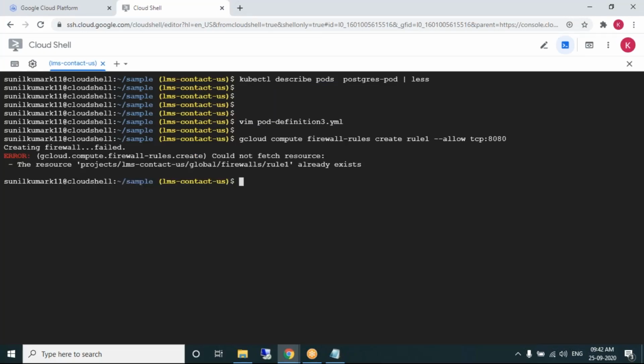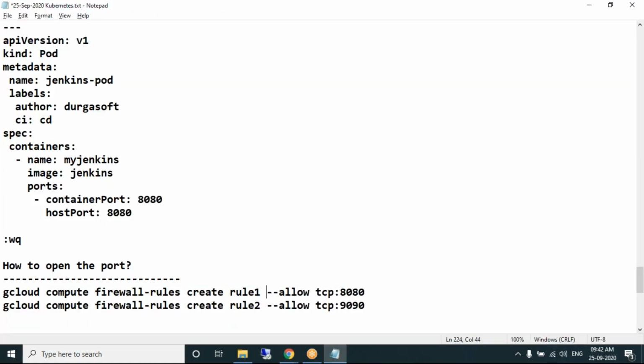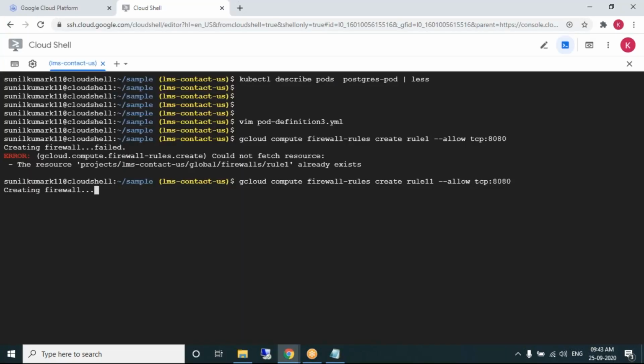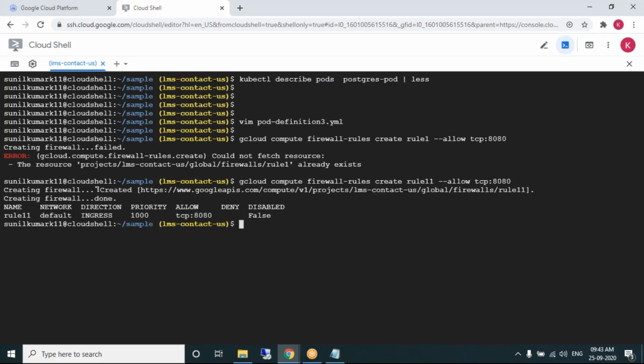The rule already exists. Rule name can be anything. The port is open.